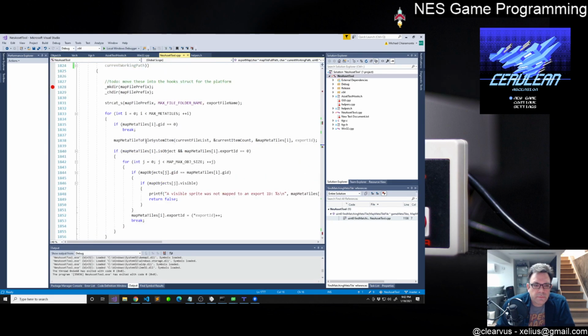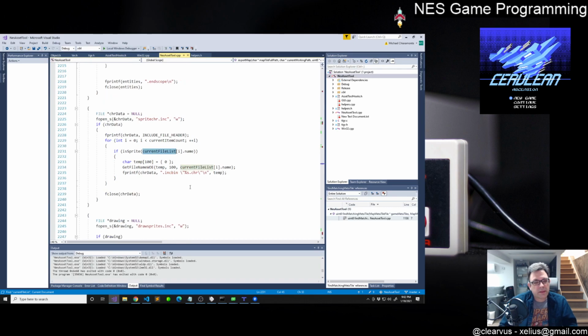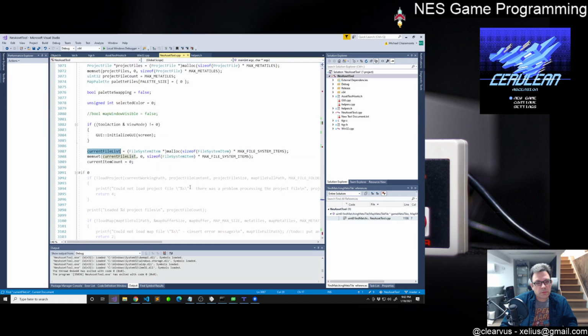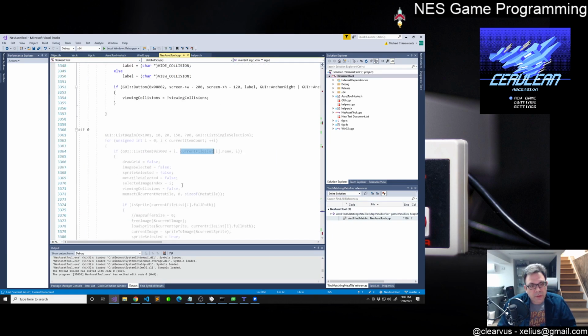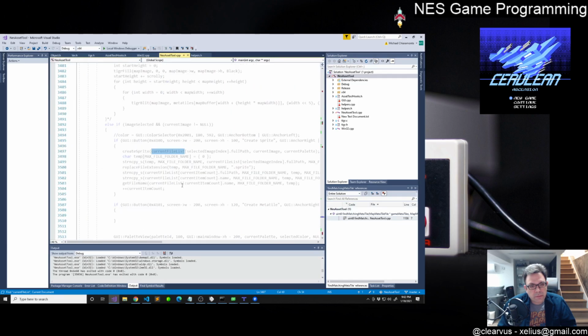I am confused about this. Let me explain. The reason I'm confused about this is current file list is a pointer to a structure, and it's a pointer to a structure which we don't seem to be actually populating correctly in that part of the tool. Like here we're allocating memory for it and we're zeroing it out, and then when we,